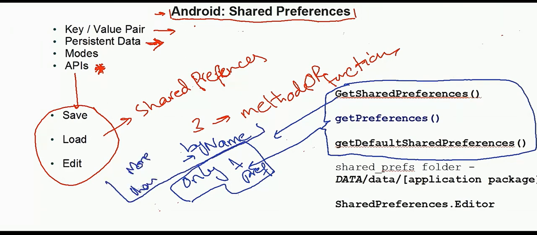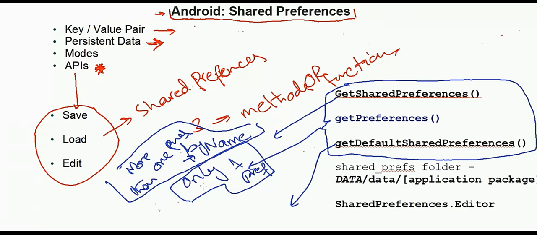But if we have more than one preference file, for example, one file as login preference, one file as setting preference, one file as contact preference or credit preference, then we can use getSharedPreferences and provide a name as a string and get the preferences and load the preference object. There is a third kind of preference that is called